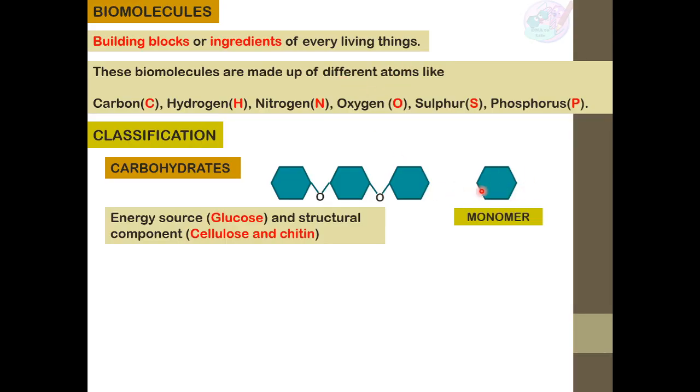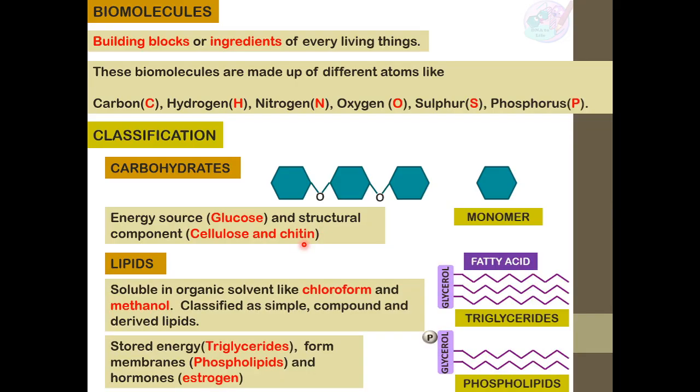Carbohydrates exist both as monomers and as polymers, and they are an energy source like glucose, and they also serve as a structural component, like cellulose, which is present in the plant cell wall, and chitin, which is present in the fungal cell wall. Second one are lipids. Lipids are soluble in organic solvents like chloroform and methanol and largely insoluble in water, and